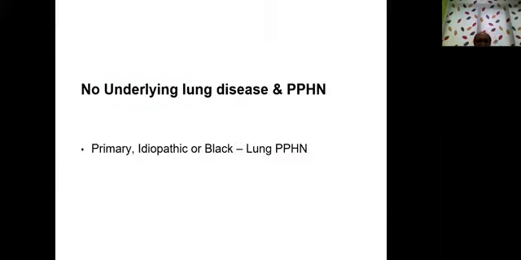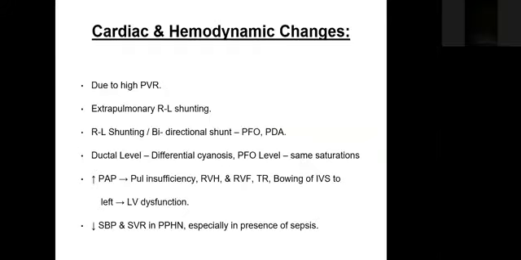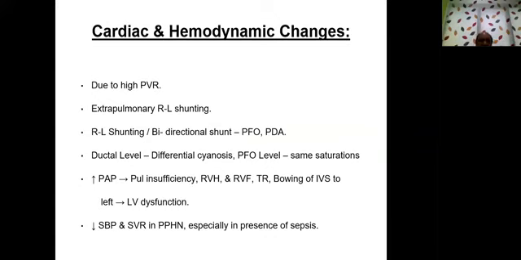Let's say you see a lung and there is an element of PPHN, but the lung looks fine. Then this condition is primarily primary PPHN, or we call it idiopathic. We don't know the cause of the pulmonary hypertension. When you look at the X-ray, the X-ray looks black, and the new terminology is called black lung PPHN. Now, what happens in the heart during PPHN due to high vascular resistance is a shunting of blood,